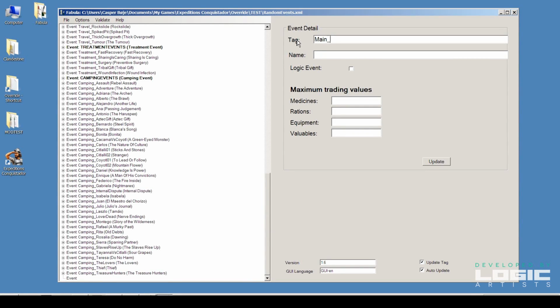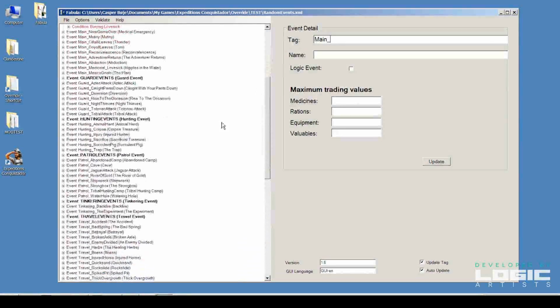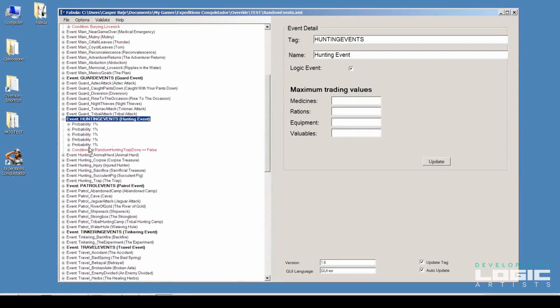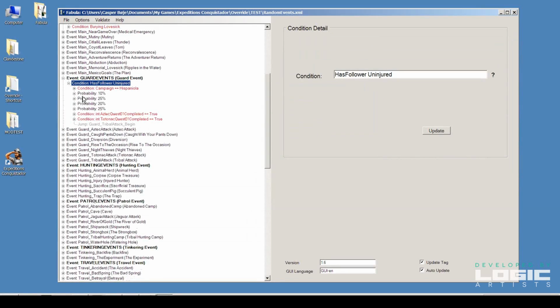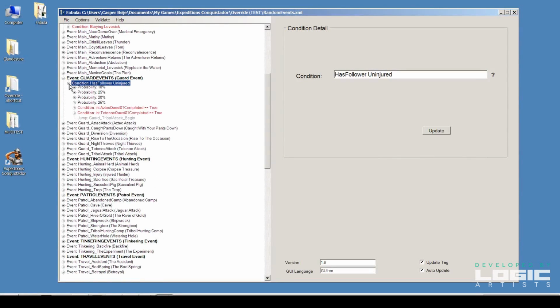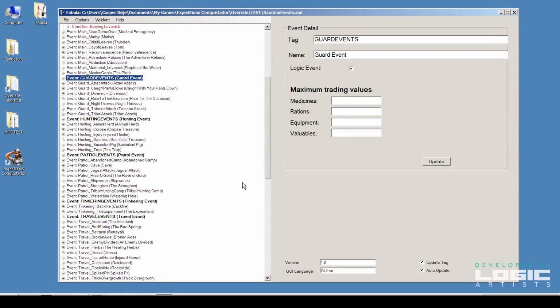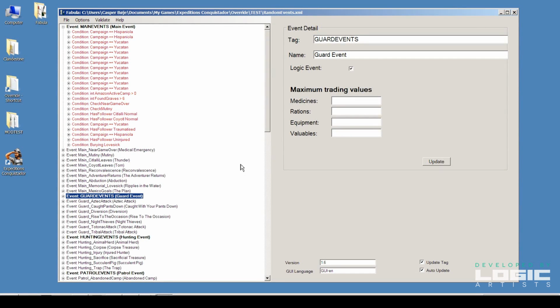But so we're going to put it into main random events, and the reason we're going to do that is because a number of these events generally have probabilities. So we're scanning through various probabilities to see if there's something that's triggerable. And for us, in this particular scenario, we don't want it to be probability based. We want it to be based on a condition that we're going to set. So the first thing